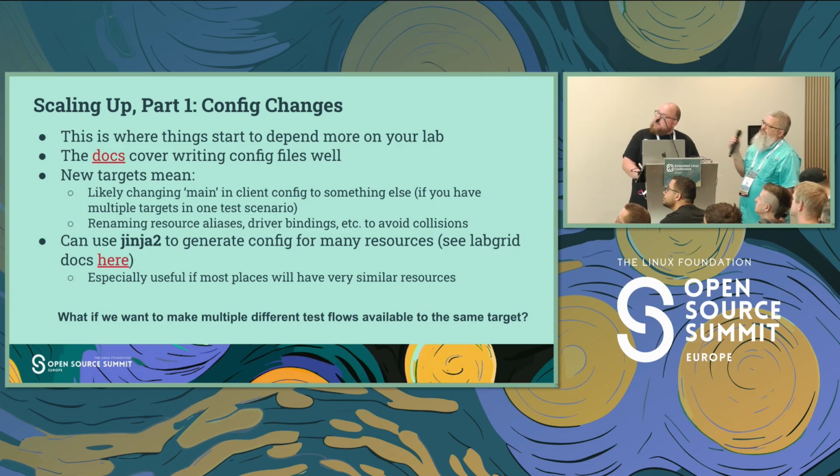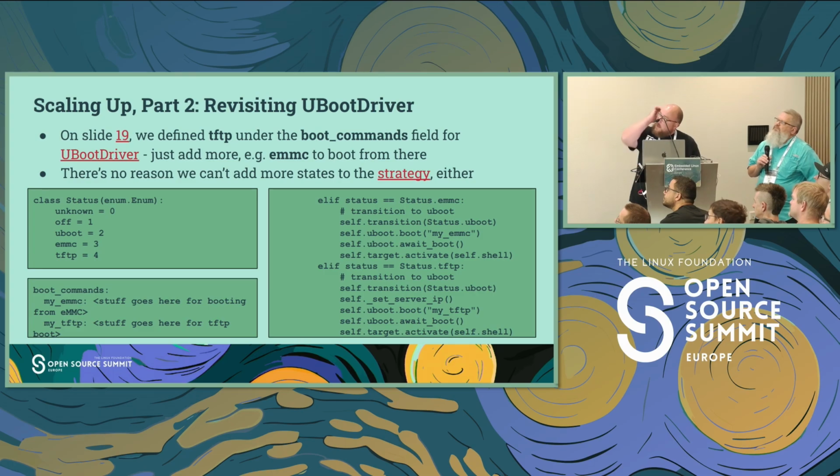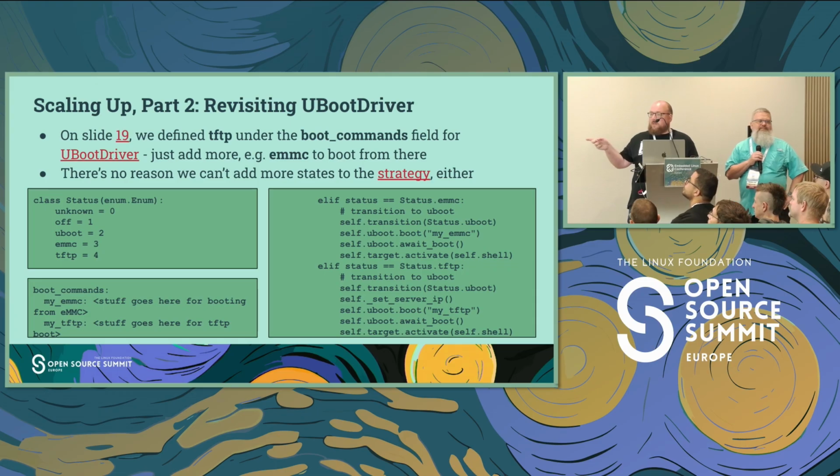So what if we want to make different test flows available to the same target? This is a different way to consider scaling. Maybe you've got more use cases for the same board. I tested this out as a simple example. When I showed you the single developer Labgrid loop before, I had one boot command in the boot commands list that was going to TFTP boot, but I figured, what if that doesn't come up? Do I want to have another state that will go back to the eMMC and try to boot that again